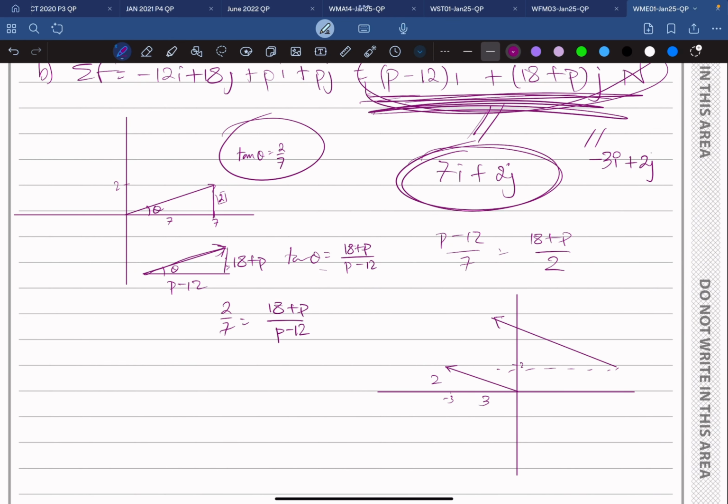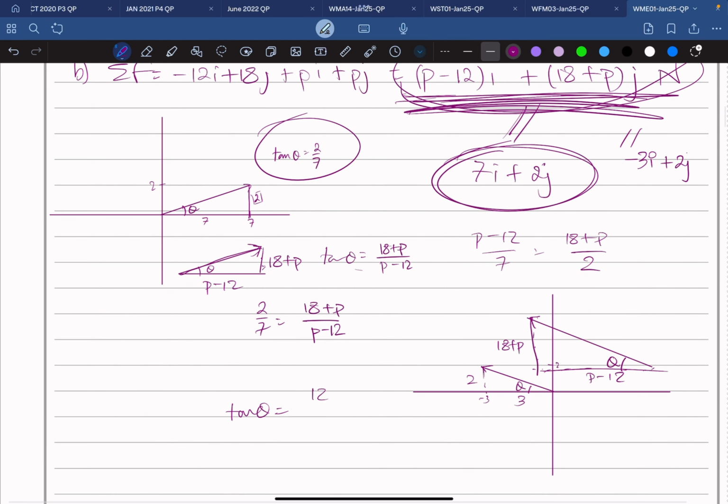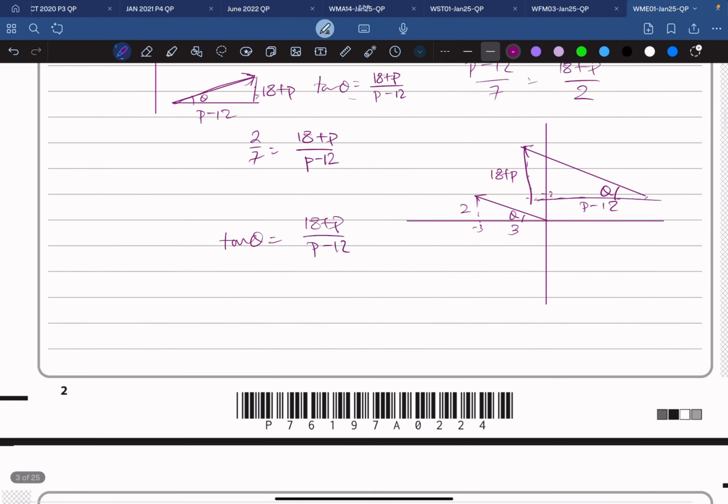Now, p minus 12 is going to be this, and 18 plus p is going to be the magnitude of this. You'd still take theta here and work out some stuff, right? So you have tan theta. Tan theta is going to be for this. Okay, let's do it for this triangle first, the larger one. That's going to be 18 plus p divided by p minus 12. Okay, this is what we have, and now we want to find out an expression for tan theta for the